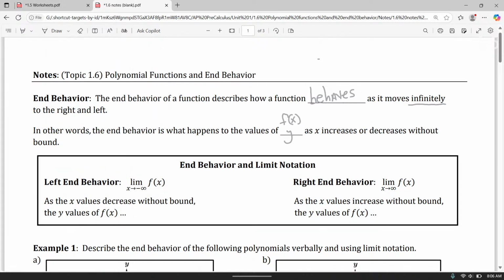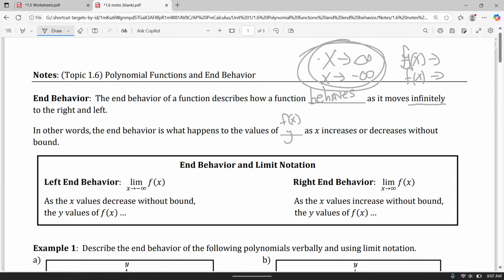As x goes to infinity, f of x goes to... I hope y'all did that. As x goes to negative infinity, f of x goes to... Does that look familiar? That's kind of what y'all did, yes? Okay. If y'all did that, we're close to where we need to be today. We just have to do one little detail different. But this always happened. X always went to infinity and always went to negative infinity. You just had to tell me what y did, and y either went to infinity or went to negative infinity